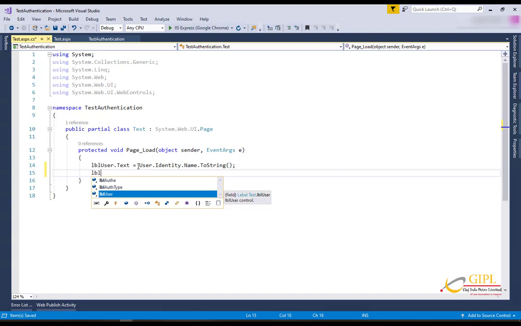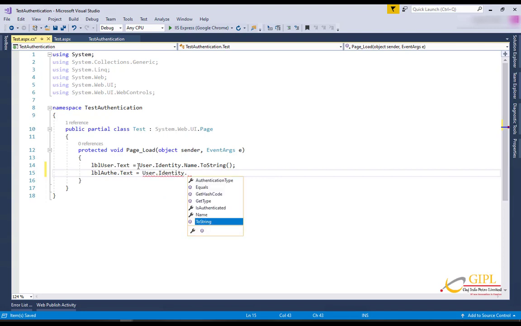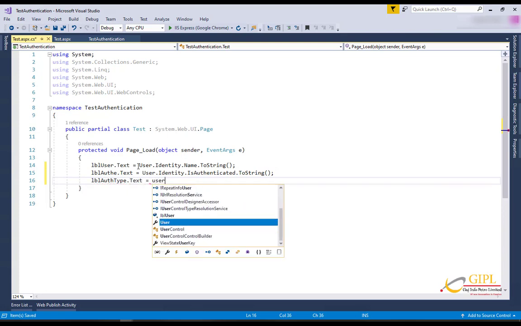Then we will show if the user is authenticated or not. And lastly, we will display the type of authentication with which the user has logged in.